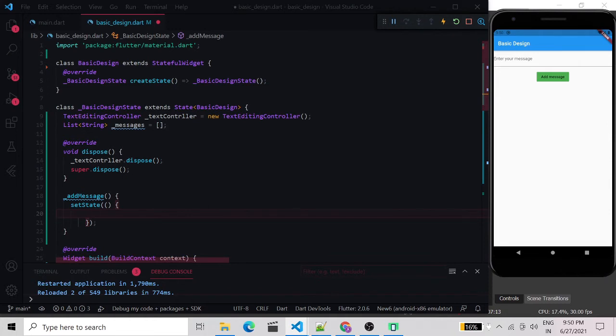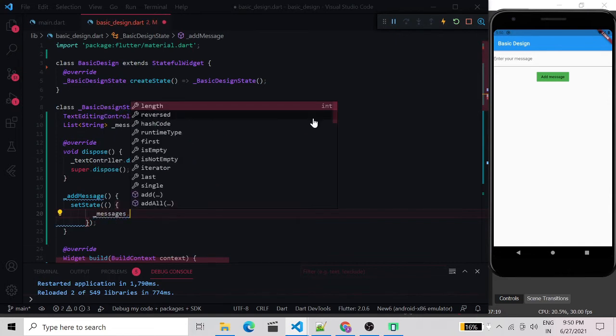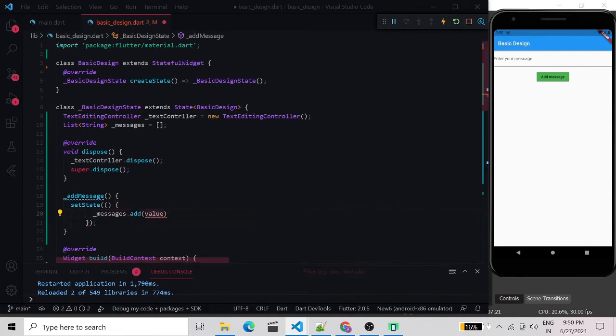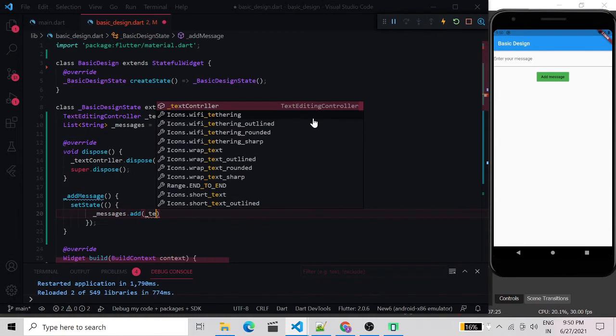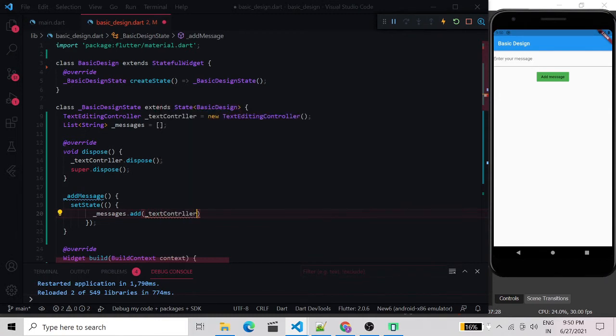I'm going to add my entered value inside the messages and just call the method add and pass the value which is available inside the text controller by using the dot operator and calling the text property.